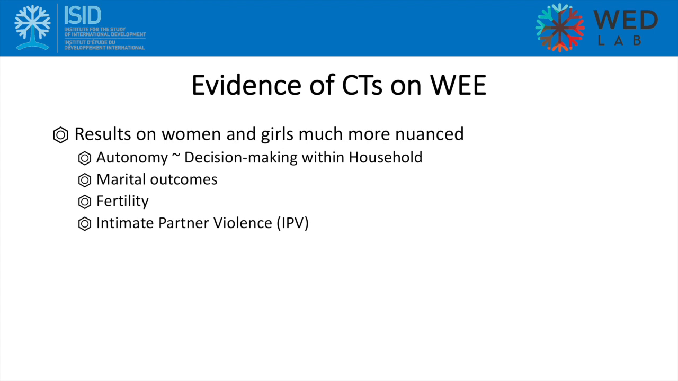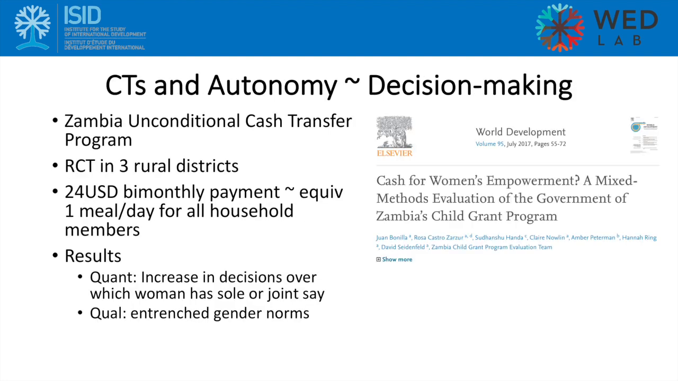But I'm going to talk a little bit about fertility of the parents. And then I'll talk about intimate partner violence. All right, so in terms of autonomy and decision-making, what I'll do here is I'll talk a little bit about